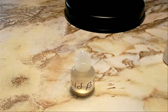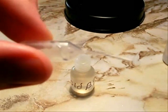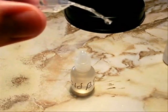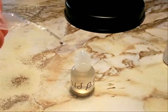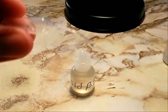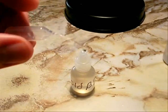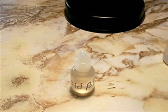So I'll go ahead and go in there to the other camera. But also remember, these 1.3 pipettes is what I use. I get them from TPA. And the drop size that comes out of there is exactly the amount of flavor I put in there. Now if you use a different dropper, the drops are going to be bigger or smaller maybe. I don't think so. This is probably the smallest drop. But anyways, if you don't get those,